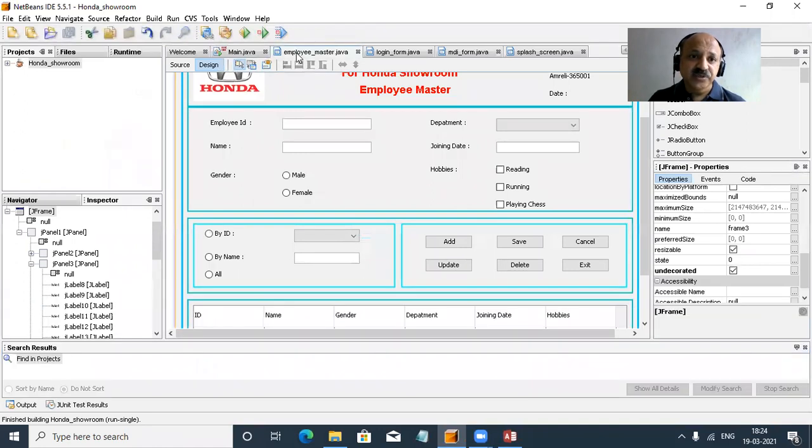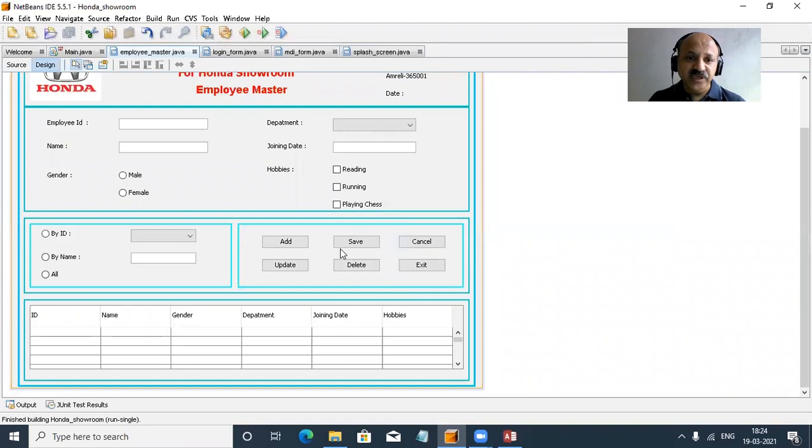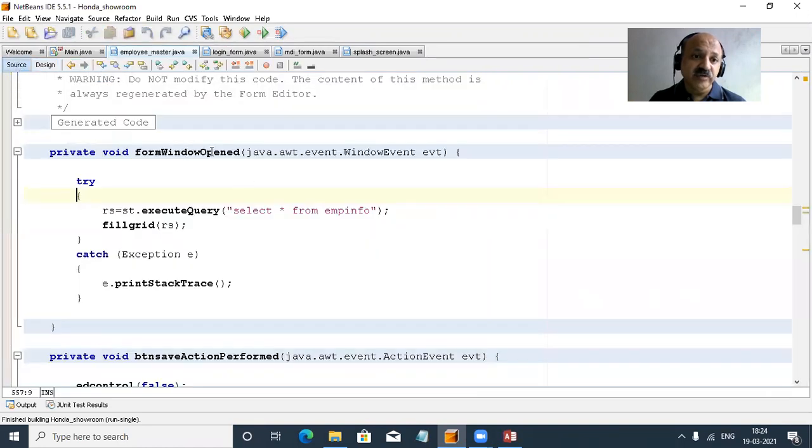So yes, any question regarding this exit button coding, then add, then cancel, and then I apply the save. And a very useful property of the window open event: we can directly run our JFrame form file, and all records are in our grid. That is the benefit of a user defined method. I apply the five user defined methods of this logic, and flag is 1, so we can insert, flag is 2, so that is an update, and flag is 0, so we apply the cancel. That is my logic. You can apply your own logic.